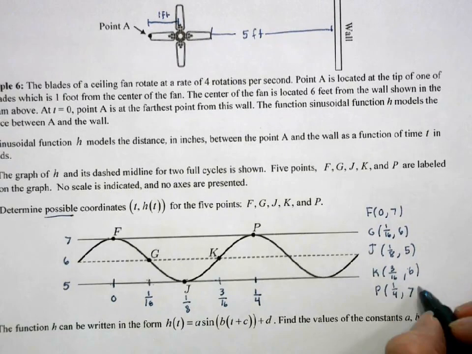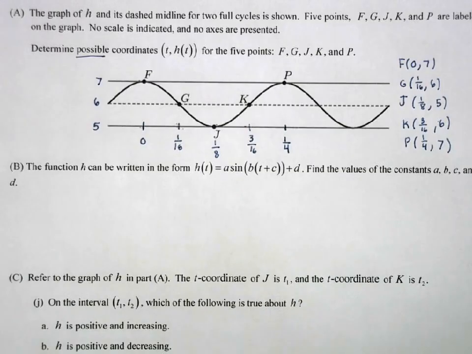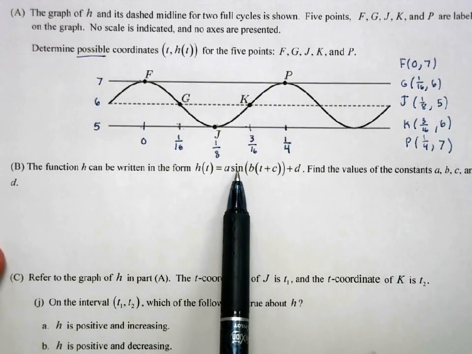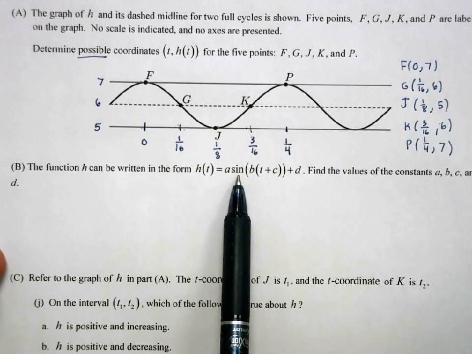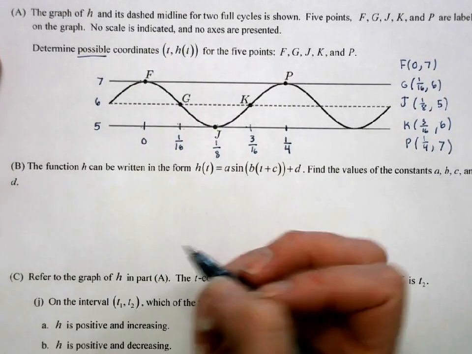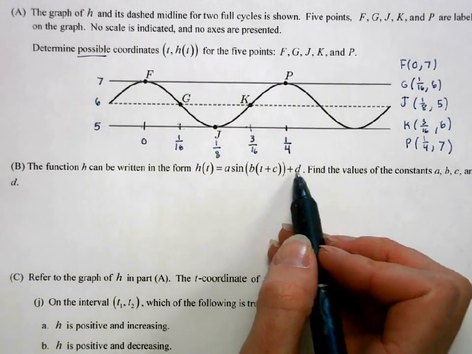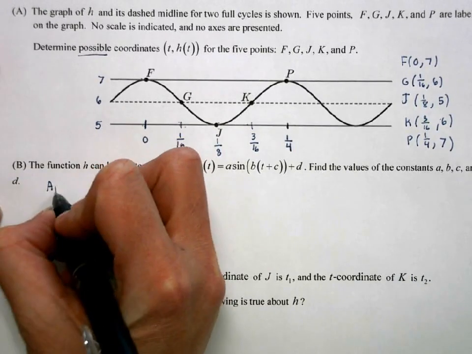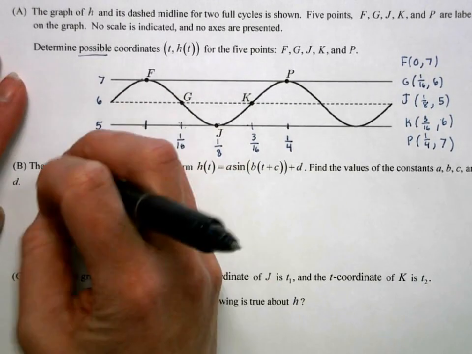The second part, and this will always be the same, is we're going to write a function for this. The only thing that may change is this might be a cosine or a sine. In this case, we're going to attempt a sine curve. So from my graph here, I need to find my A, B, C, and D. Okay, so I'm going to start with A. My amplitude for this graph, the distance from the midline to the top or the midline to the bottom, is